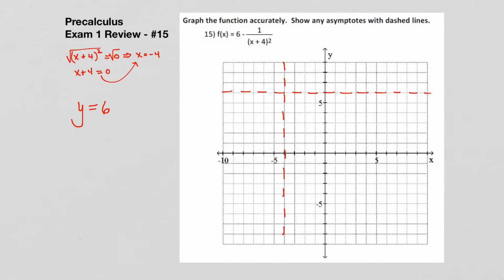Okay. So now I've got my asymptotes in, and I can graph the function, because really I just have 1 over x squared that's been shifted to the left 4 units and then up 6 units. That's really what's going on here, and then reflected about the x-axis. So I'm going to go ahead and graph a few points, and I can use the table in the calculator to find what these points are, but basically